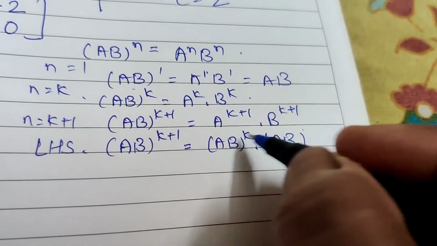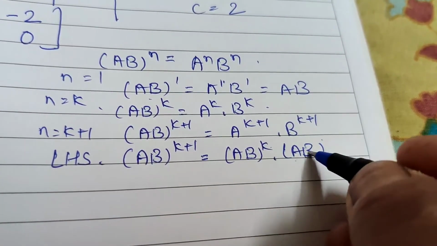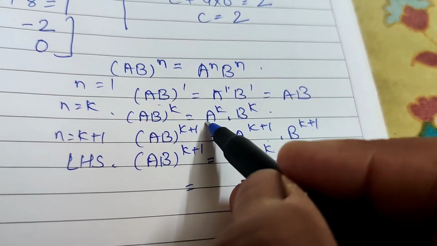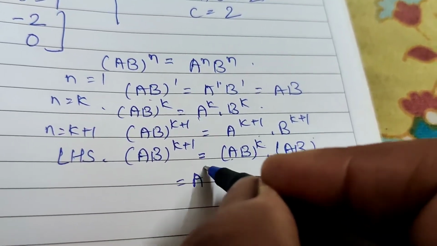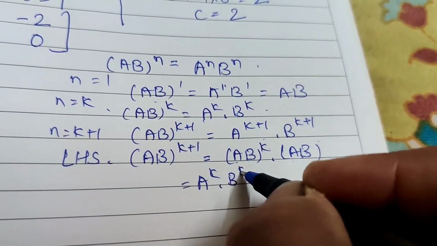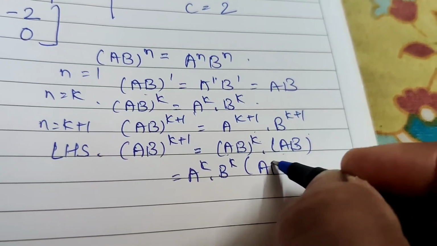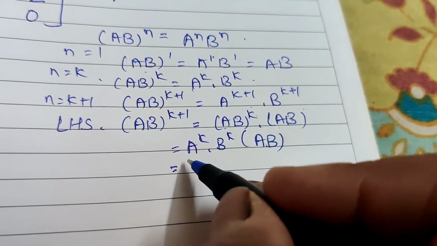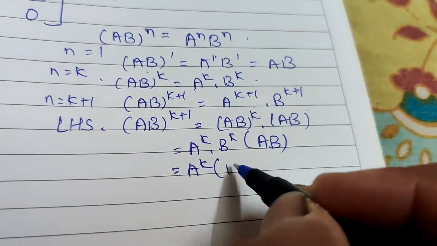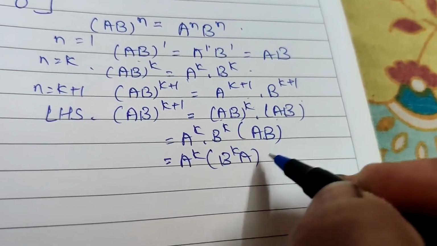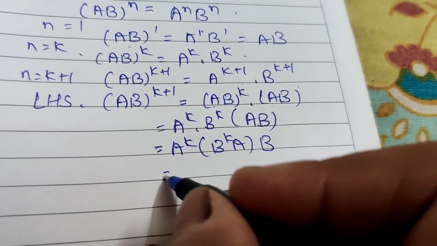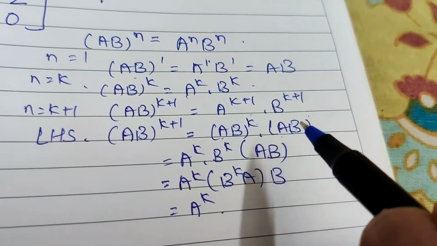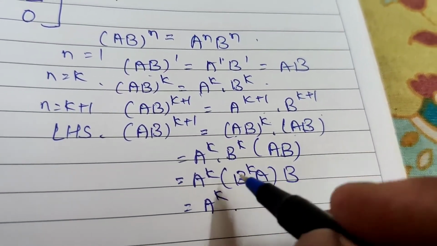k plus 1 है तो इसको दो पार्ट में कर दिए. (ab) raised to power k and ab. Now we can write (ab) raised to power k को हम लोग क्या लिख सकते हैं? a^k into b^k. a raised to power k into b raised to power k in bracket ab. Now अब हम लोग क्या करेंगे? इन दोनों में ब्रैकेट लगा देते हैं. a raised to power k, b raised to power k into a and b इधर कर दें. अब b raised to power k, b raised to power k a equal to a b raised to power k